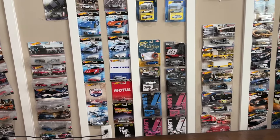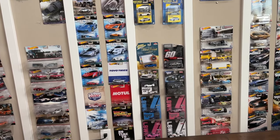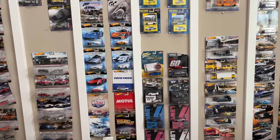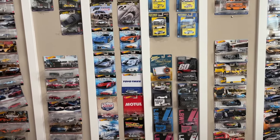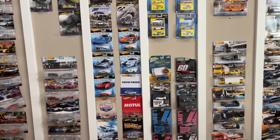We are going to go through a barrage of some of the things I've found since getting back from Europe about 2 weeks ago. Now, I know some of you guys are wondering, where's the Europe video? Well, it's in the mix. It is getting chopped up and diced and sliced and edited, so keep an eye out for that one coming soon. And if you're watching this and it's already up, then you've already seen it. But if you see this one and you haven't seen that yet, it just means that I'm still going through the editing process. So anyway, without further ado, let's kick off today's episode with a look at something non-Hot Wheels,